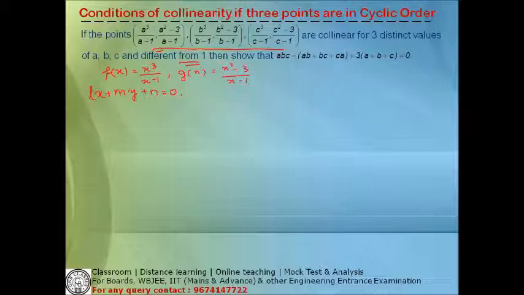So f(a), g(a); similarly for the second one, f(b), g(b); similarly for the third one, f(c), g(c), they all lie on this straight line. So we can say that l times f(x) plus m times g(x) plus n equals 0. In this equation, we have three roots: a, b, and c. Is this okay? So, in place of f(x) I am writing the value of the function, and in place of g(x) I am writing the value of the function,